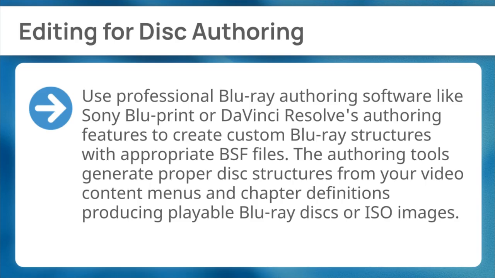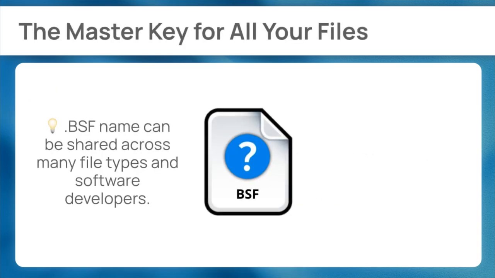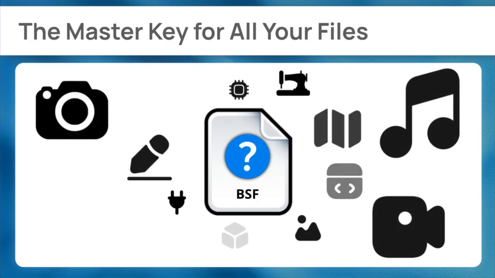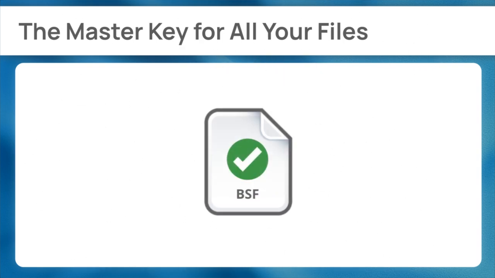discs or ISO images. If compatibility checks failed, it is likely because the file extension name is shared by different developers for unrelated formats, causing your PC to use the wrong reading language. Using raw-level data inspection is a recommended method to try and uncover a file's true requirements when the extension label